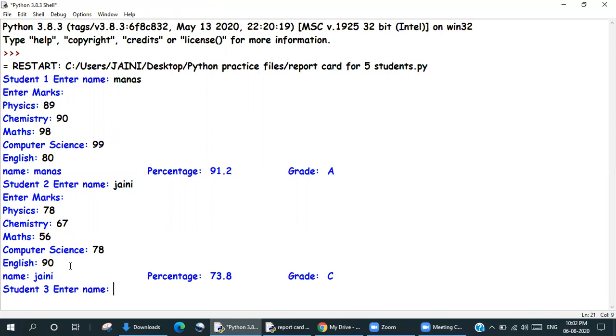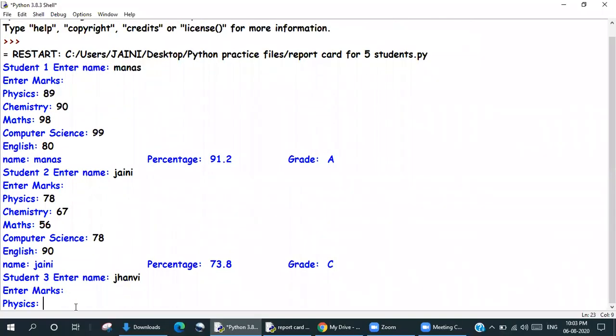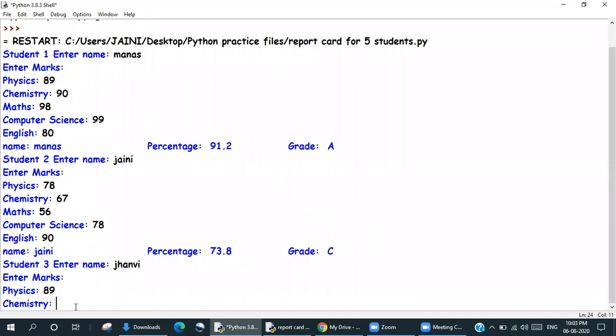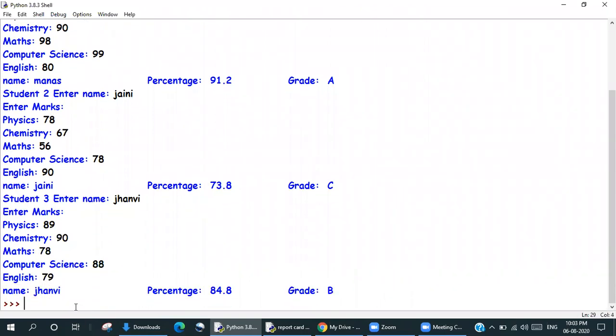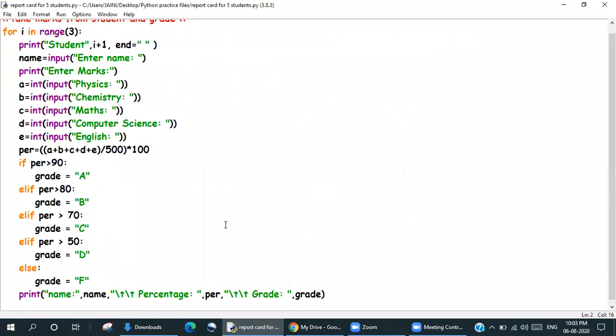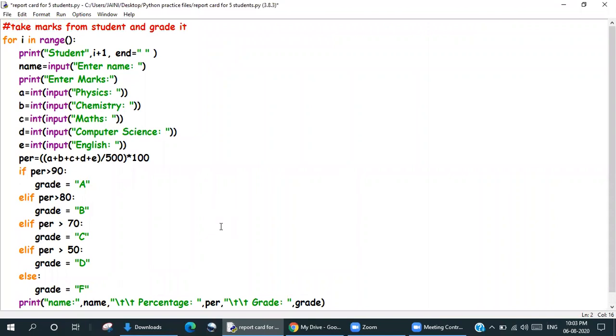Okay, I got a grade C, and then we can have the third student's name. So I was able to do it for 3 students, and if I remember correctly, when I had asked you all to do this for 2 students, you all had done copy paste. It's exactly what I had expected. But now we all know you can do this just by adding one line, for i in range, whatever. Now let's do this with a while loop.